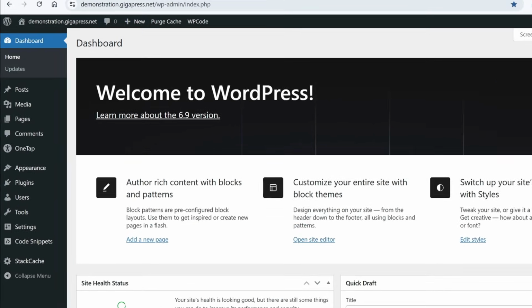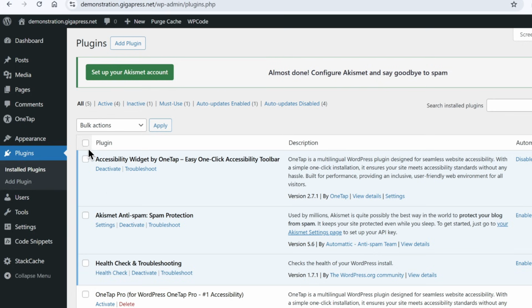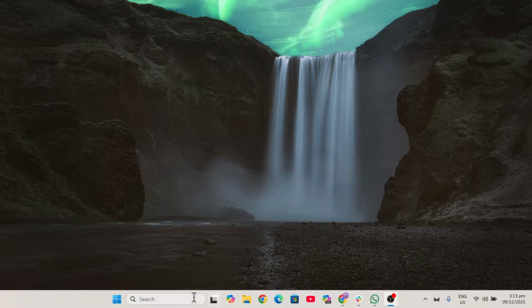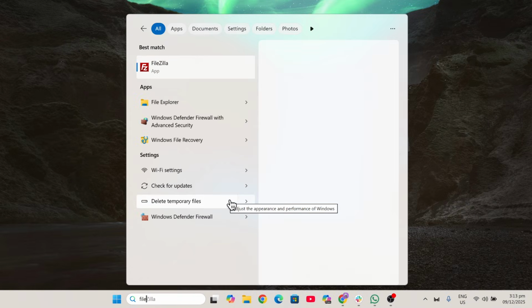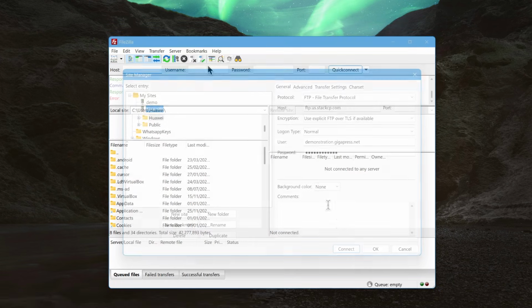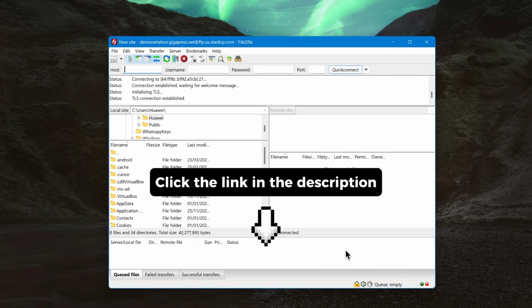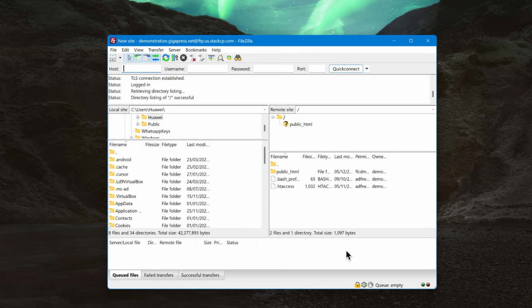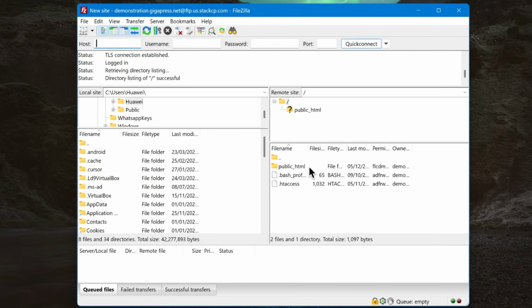Open your WordPress dashboard, navigate to Plugins, and click Installed Plugins. Select all plugins and deactivate them using the Bulk Actions menu. If you can't access the admin, use an FTP client like FileZilla to access your site's files. If you're connecting your site to FileZilla for the first time, you can click the link in the description for a complete step-by-step guide. Once your site is connected, go to the root folder, usually public_html or your domain name,